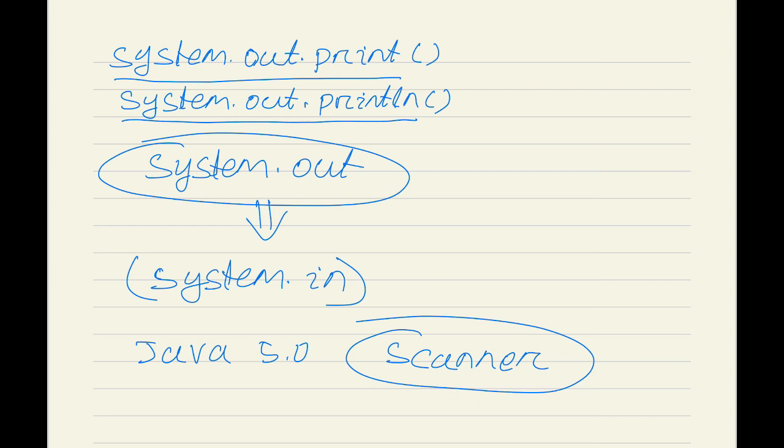Okay, so now we are going to discuss how to take inputs from the user during runtime using the Scanner class. For that we first need to write import java.util.Scanner.